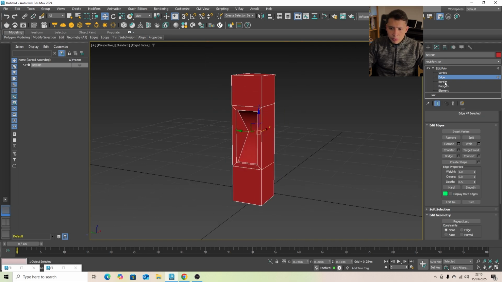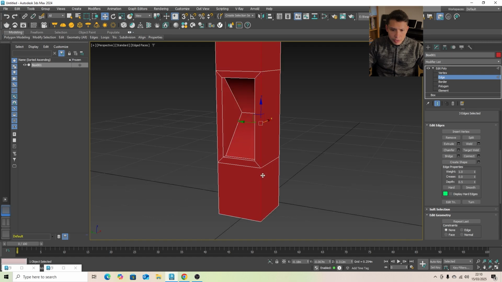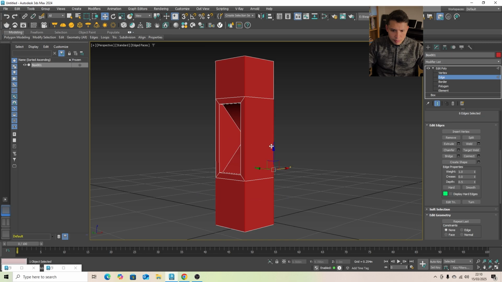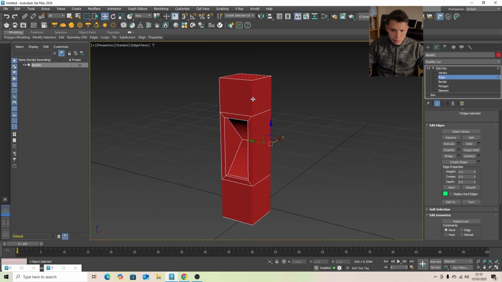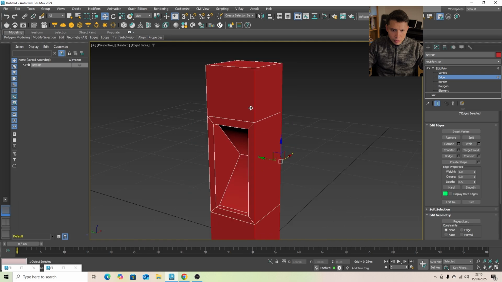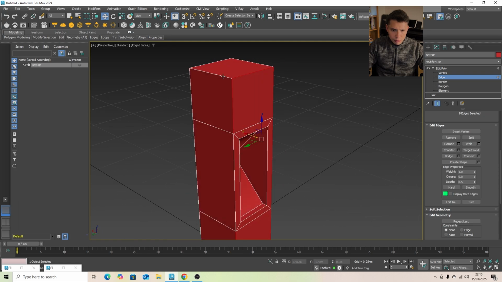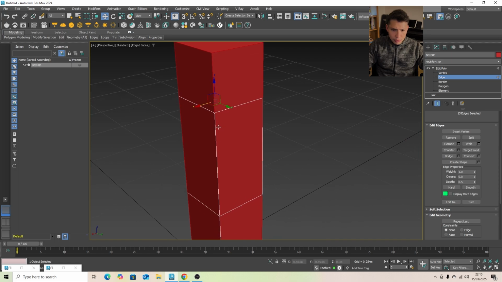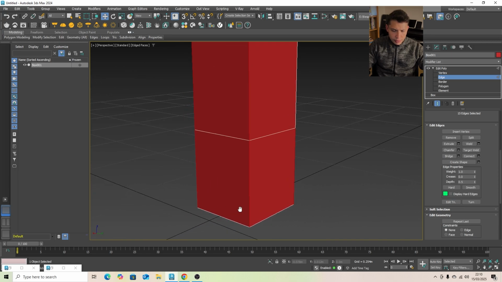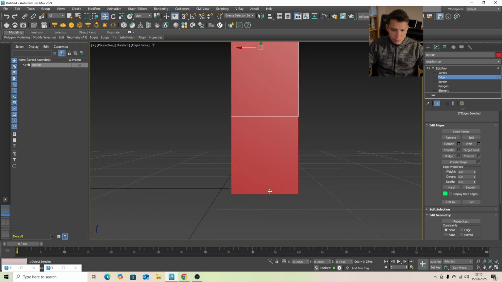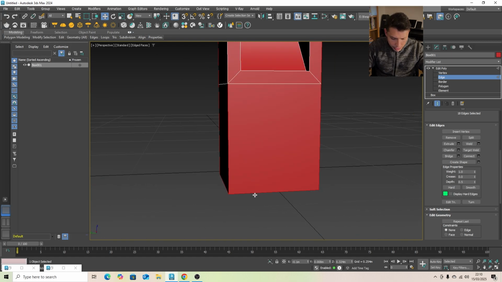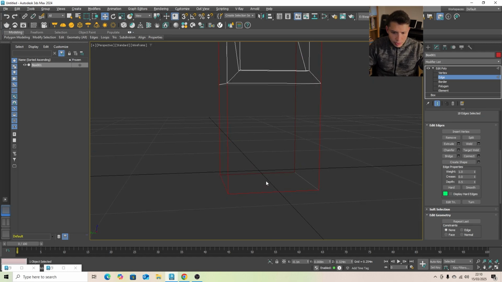Now I am going to select this edge, this edge, this edge, this one, this one, this one, this one, this one, this one right here, this one, this one, this one, all the outer edges. I'm gonna press F3 to see the selection,